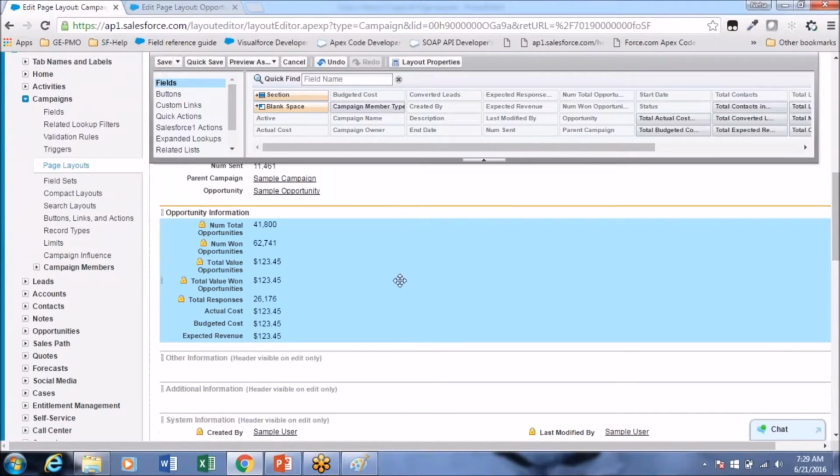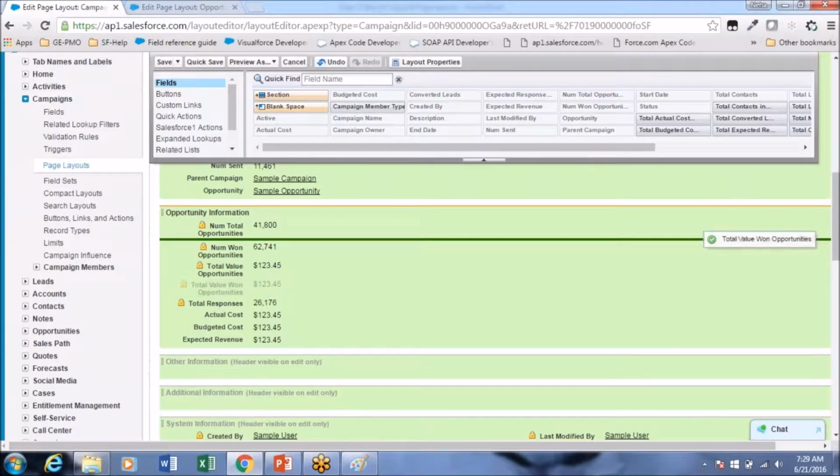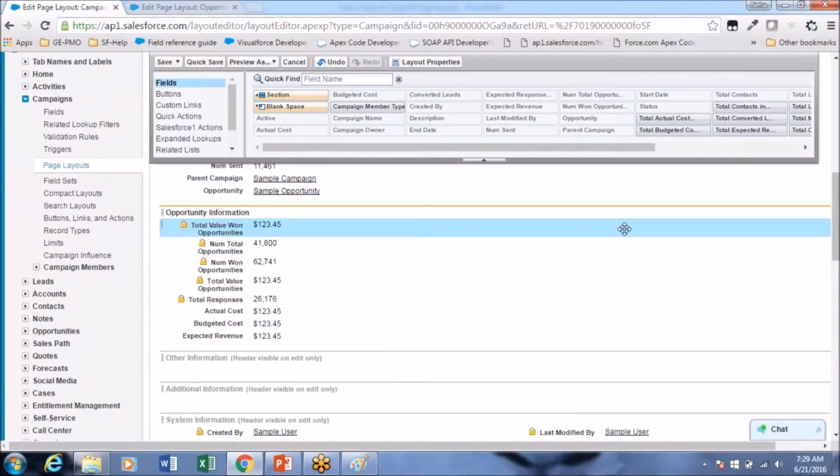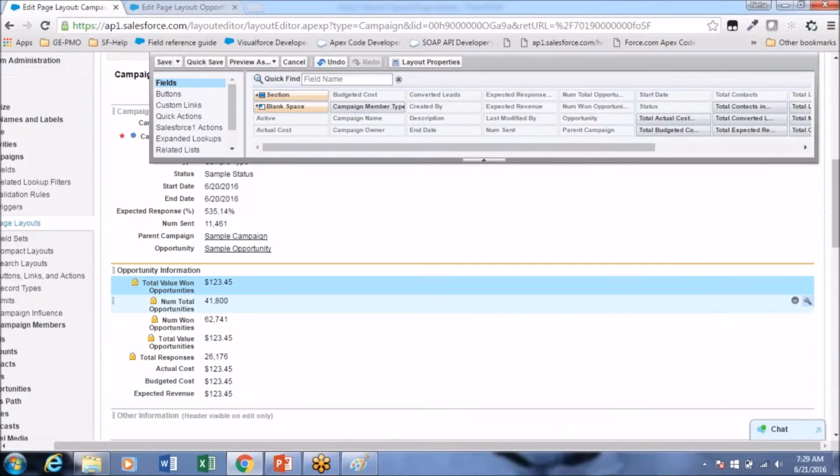Okay, so now I want to organize this, like I want to put fields on this side and that side, two sides, but it is not letting us because we selected only one column layout. We can change the setting here.